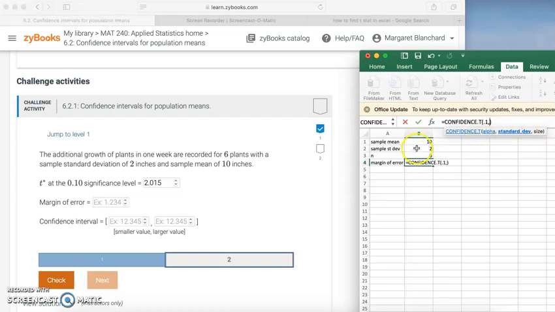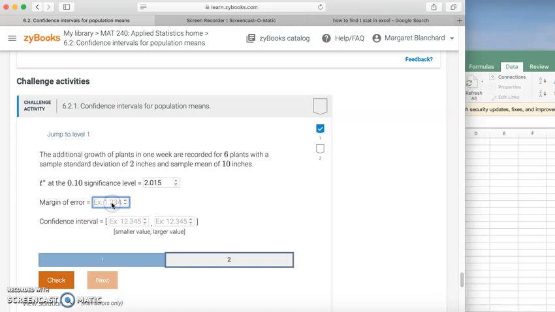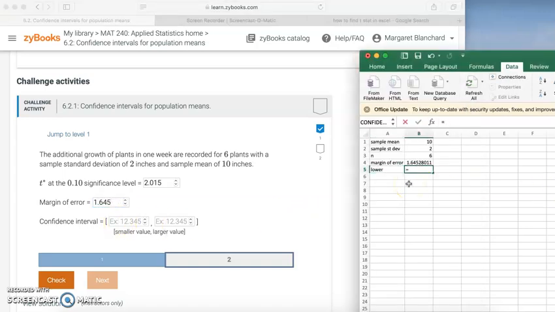Our standard deviation is that 2. Again, you could just type these numbers in. I like doing this because I think it's good practice, because when you're manipulating bigger data sets or you want to save this work for later, it's handy to go ahead and put it in like this. And then the size is that B3, that's 6. So that gives us a margin of error of 1.645. And then we're going to say our lower bound is equal to our mean minus that,